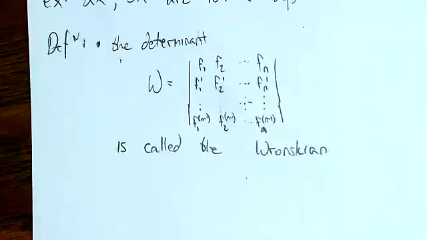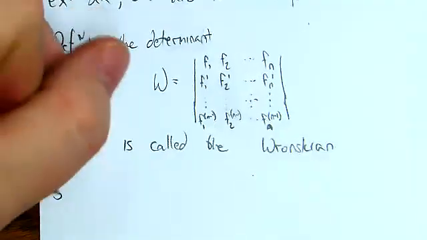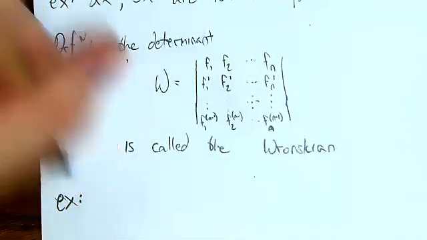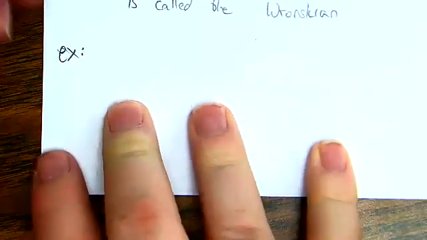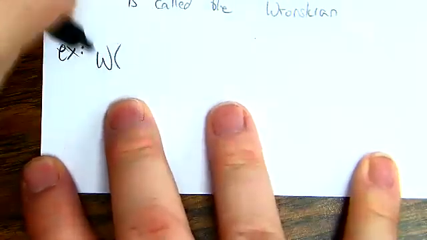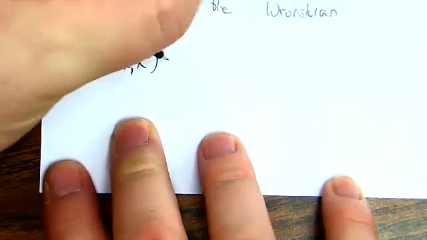And we notice the dimensionality of W. We're always going to take the determinant, but the matrix itself has dimensionality of n by n. It's a square matrix, which is good because that's a requirement for a determinant. But we're always going to end up with a scalar here. So, for example, if we calculate the Wronskian for some of the functions that I just showed you, the Wronskian of x and x squared,